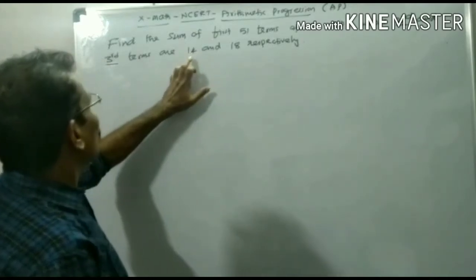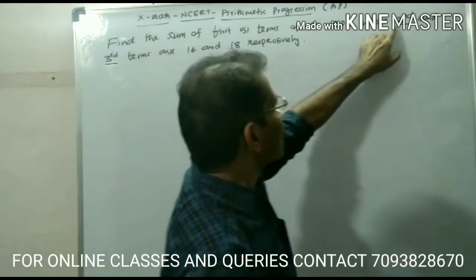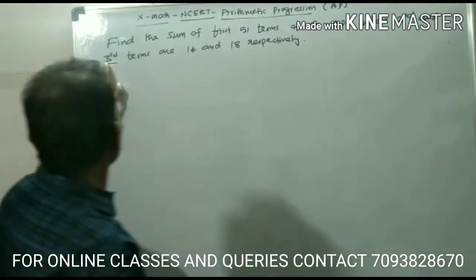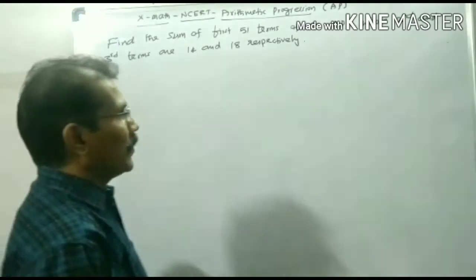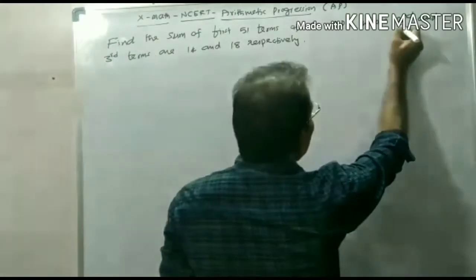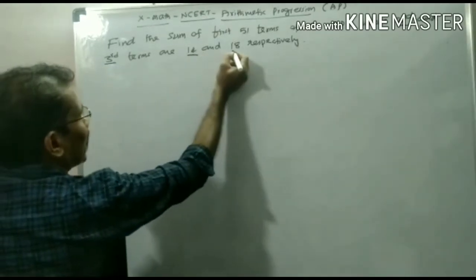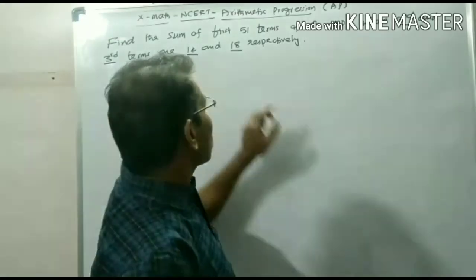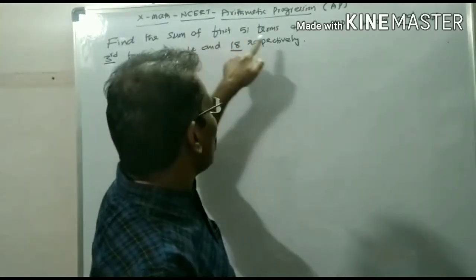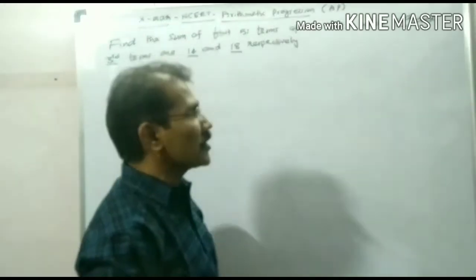Find the sum of first 51 terms of an AP whose second and third terms are 14 and 18 respectively. So in the question, the second term and the third term of an AP are given, 14 and 18 respectively. By using this information, it is asked to find out the sum of first 51 terms. So to solve this question,